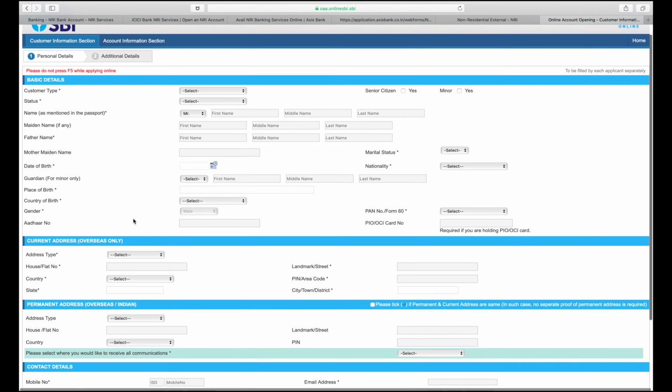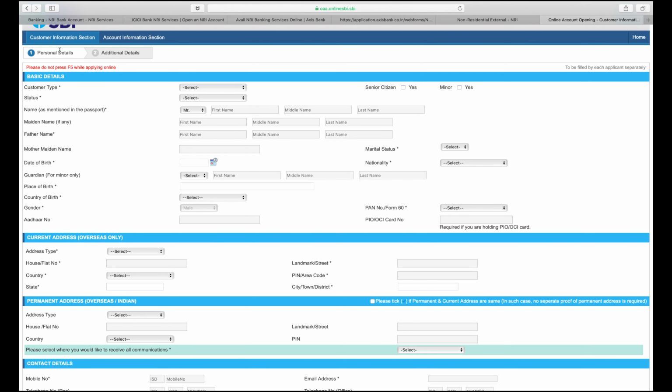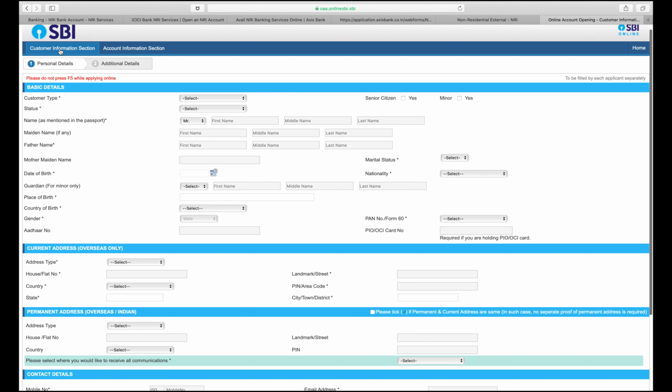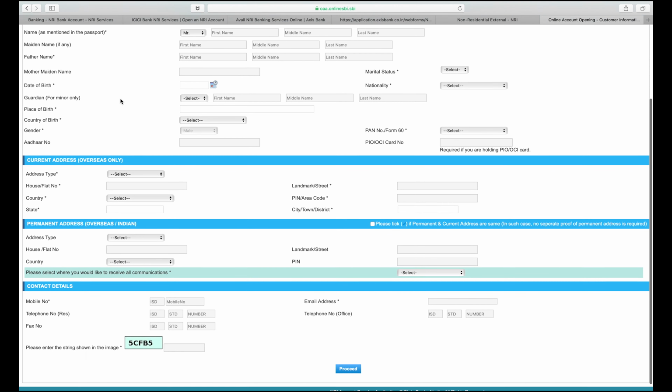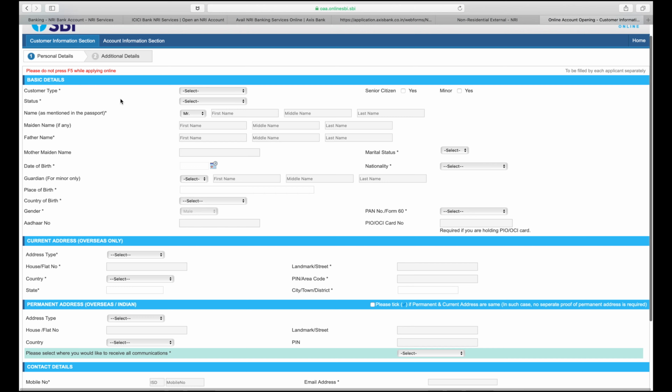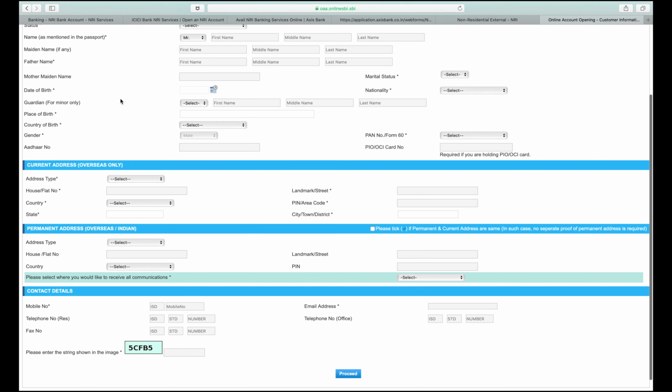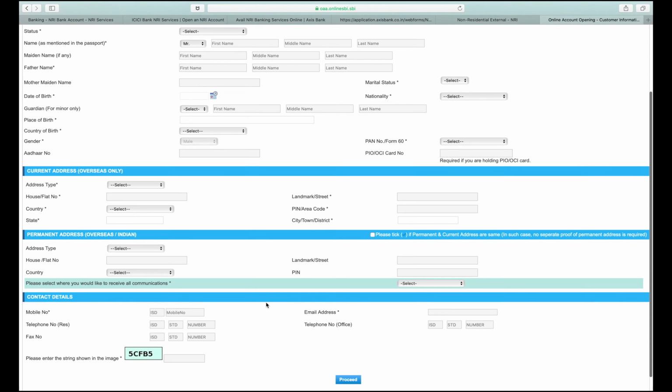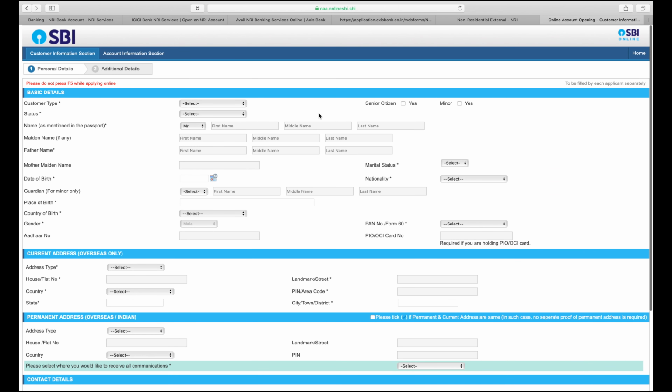This is an online form, and the first one is the customer information section, personal details and additional details, and the second one talks about the account information section. So you fill this form and navigate through the screens and fill all the details, whatever is mandatory, fill everything, and then proceed and submit the form. And go through this website, and it is self-explanatory.